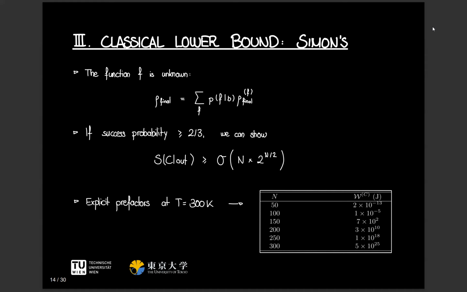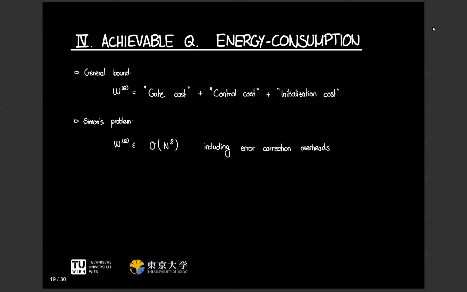Yeah, I mean, one thing we definitively see is that the computational speed up for Simon's problem is, I think, of order n to the power of 3. Or 4, I don't remember it precisely, but if we look at the overheads for error correction and finite lambda erasure, and sum these up to give the energy consumption, we found a scaling of n to the power of n, which is significantly worse than this idealized computational speed up.